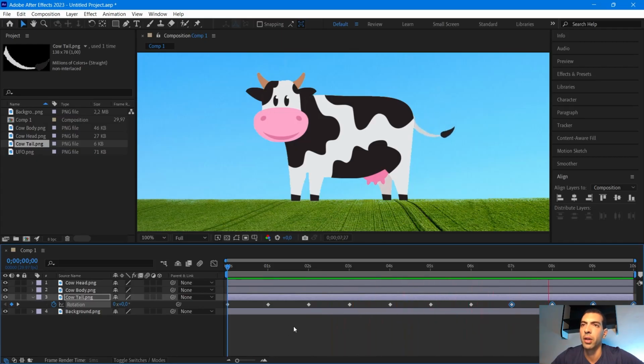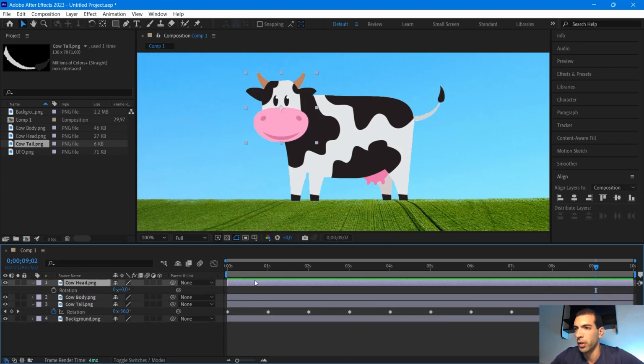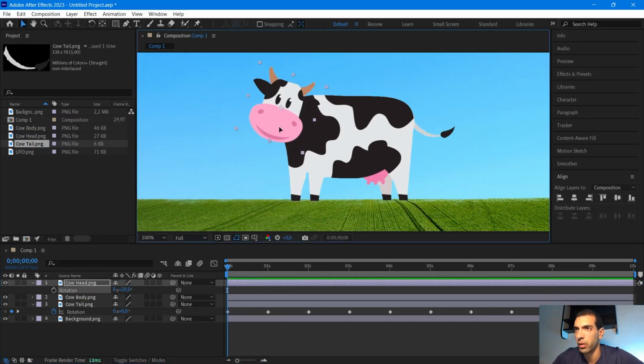Now I'm gonna animate the head. I go to the cow head, R to bring the rotation. I put the playhead right here. I'm gonna start at 20 degrees. Start at 20 degrees like this. I think I'm gonna put the head a little bit lower like this, and if I move,